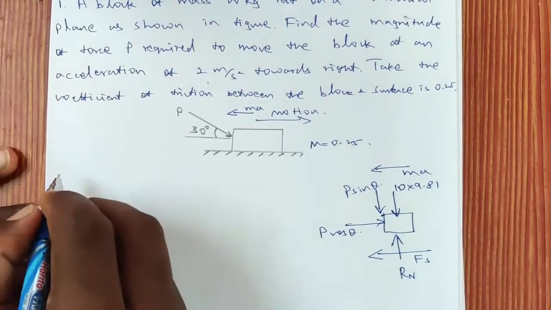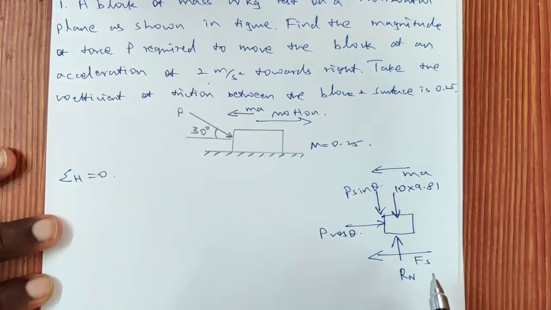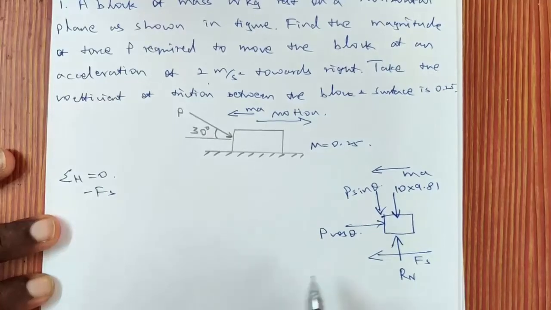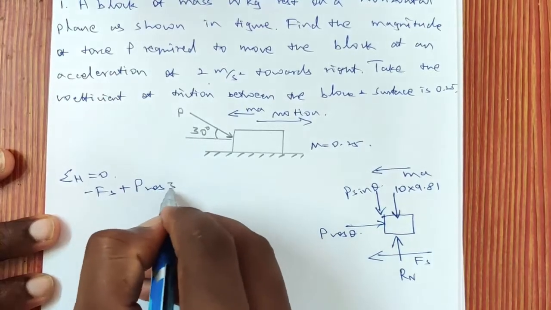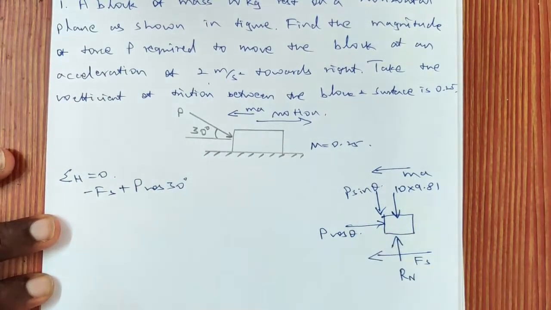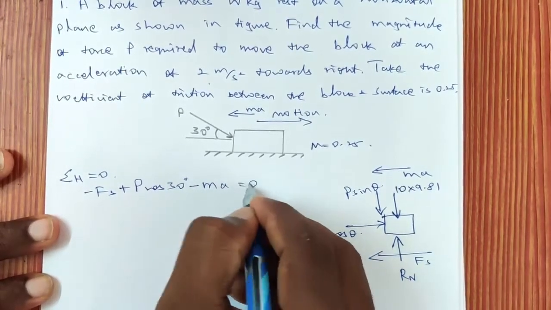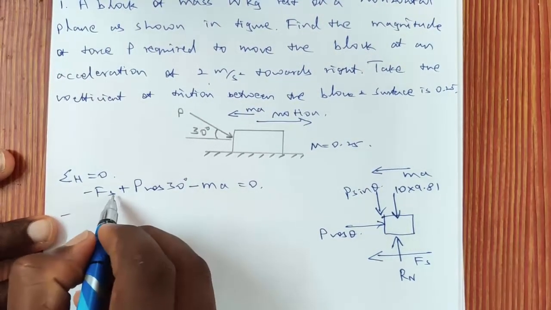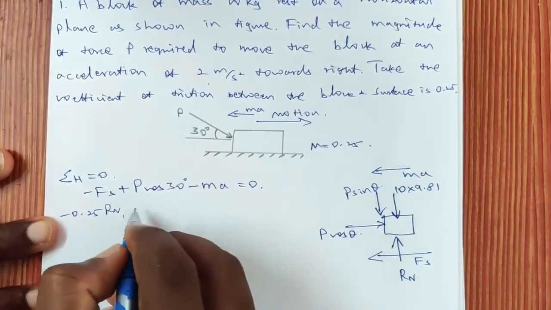Okay, so now let us write the summation of horizontal forces is equal to 0. The Fs is acting towards left hand side direction, so it is minus Fs. P cos theta is acting towards right side direction, so it is plus P cos 30 degree, the theta value is 30 degree. The ma is acting towards negative direction, so minus ma is equal to 0. We know that Fs is mu into Rn, so mu value is given, so it is 0.25 into Rn plus